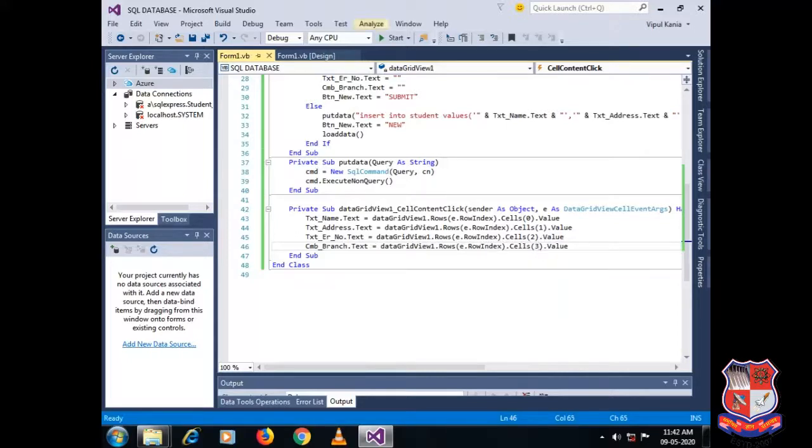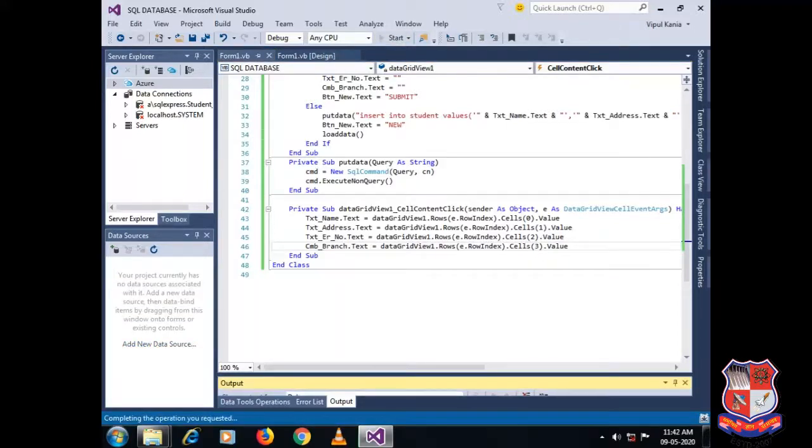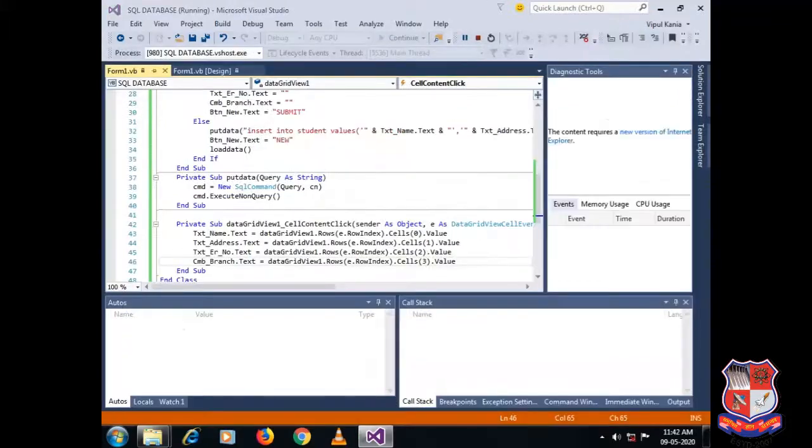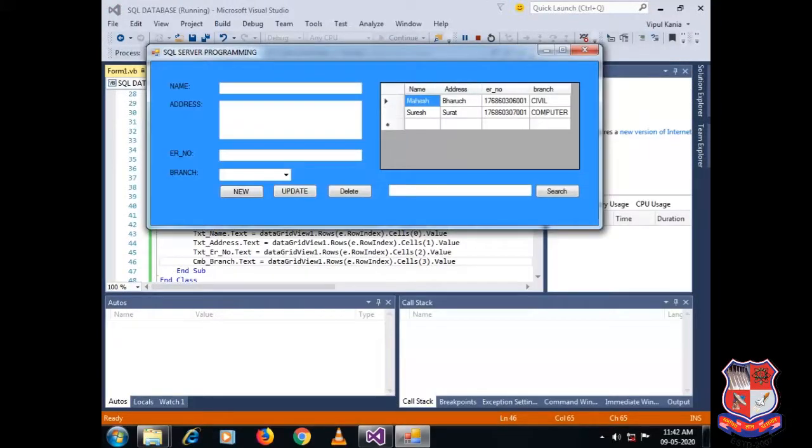Now let's check whether it is working or not. As you can see, right now no data is available. As soon as I click on the DataGridView control, the data will get loaded in this. Okay, fine. So now if I would like to insert a new record, I have to click over here on the New button.